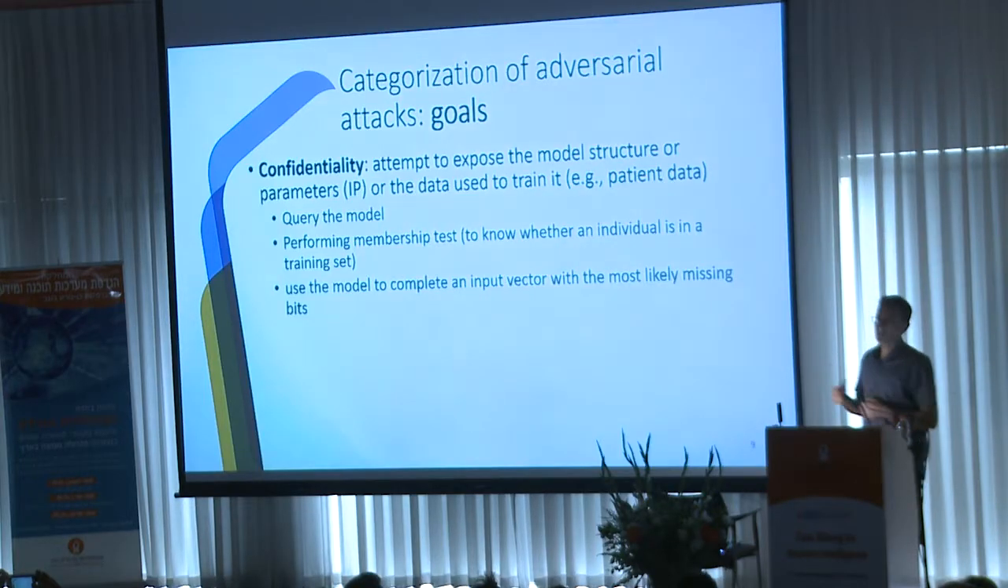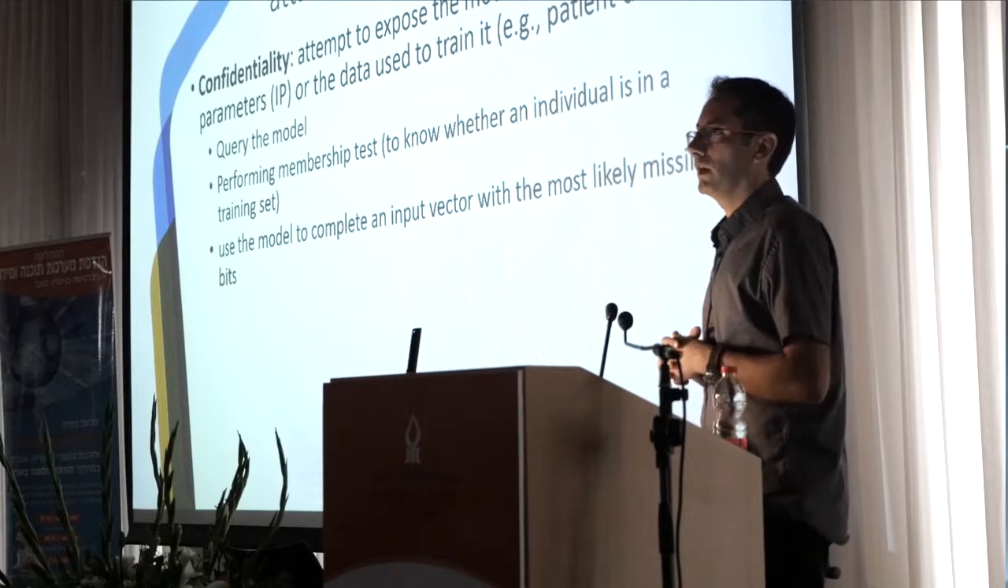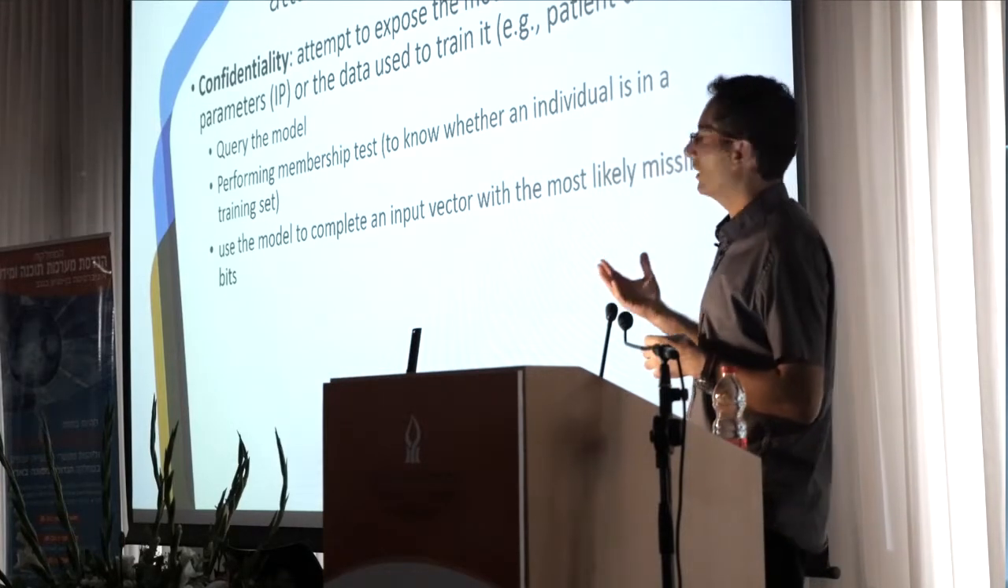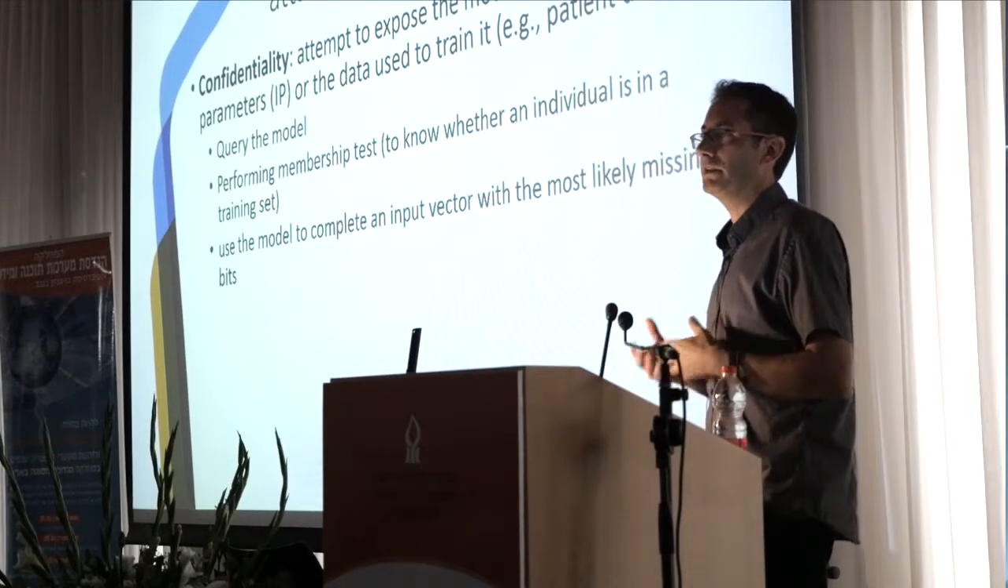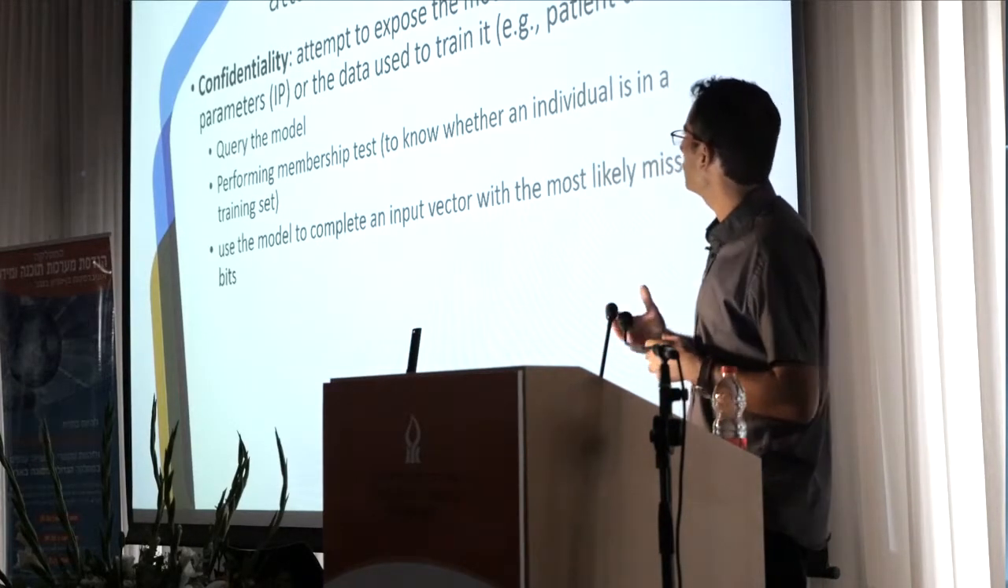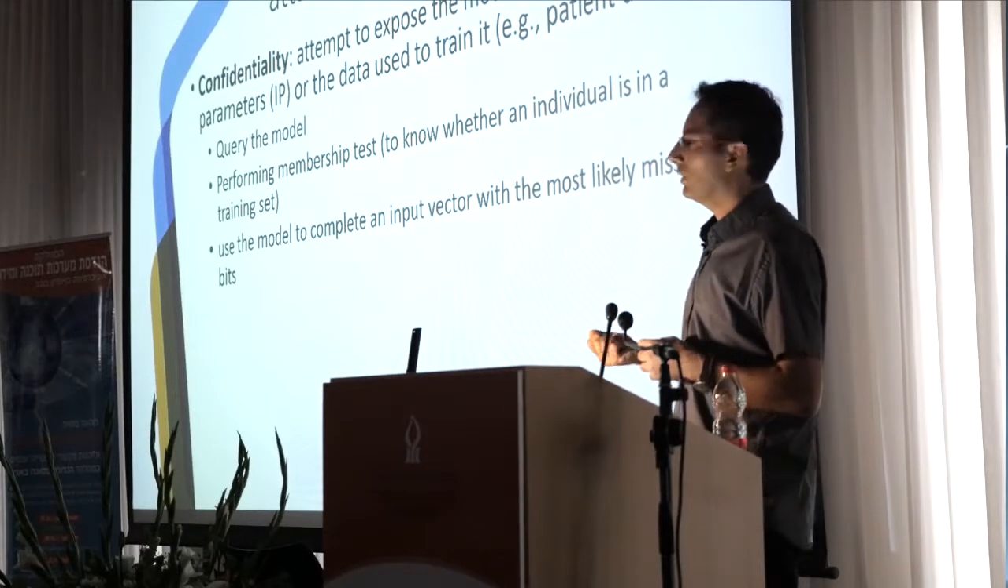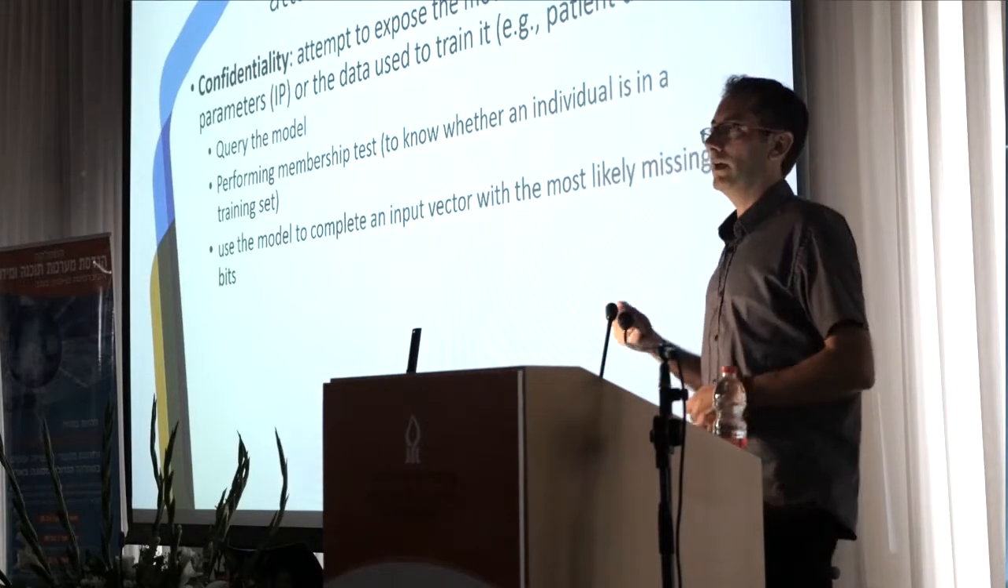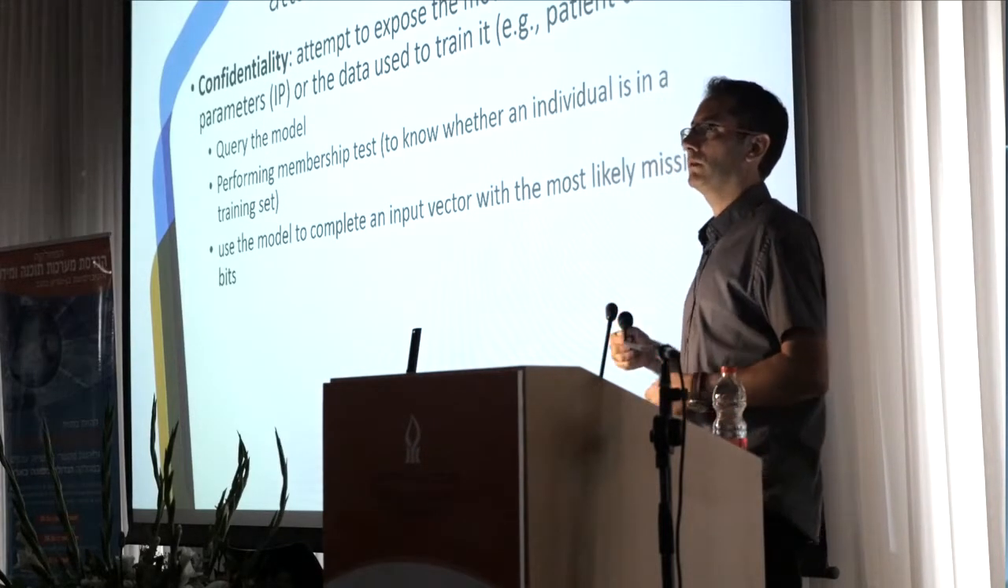The attacks on machine learning can be categorized by different attributes. The first attribute is the goal of the attacker: either to compromise the confidentiality, the integrity, or the availability of the model. When we are referring to confidentiality, the attempt of the attacker is to expose information about the model or about